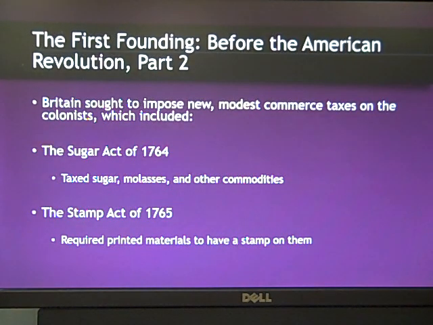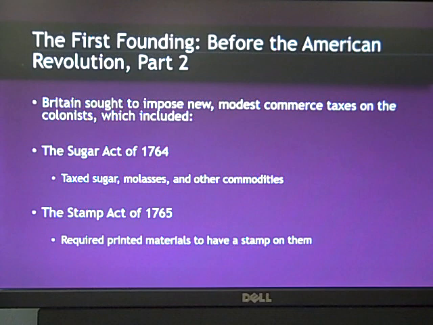Now, eventually what happens is we have the French and Indian War. After the French and Indian War, and hopefully you know this from U.S. history, the French and the Indians fought the Americans and the British. Britain wins. A whole bunch of things happen. Predominantly, wars are expensive. It costs a lot of money to wage war, because you have to pay the soldiers, buy the bullets, the guns, the food, the boots, the coats. You have to build forts. You have to do all sorts of stuff. War is expensive. Where do you get that money from?